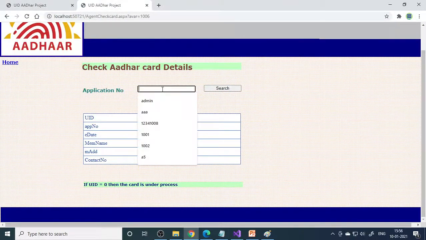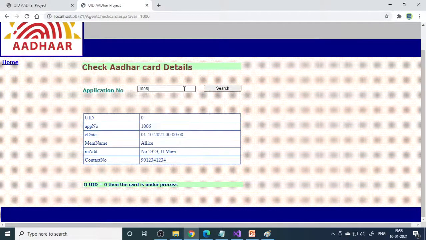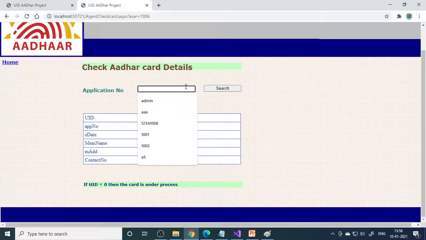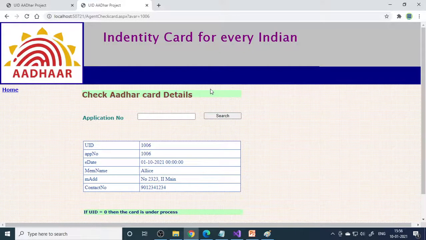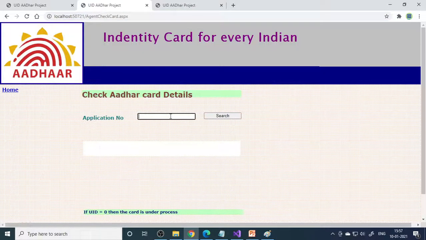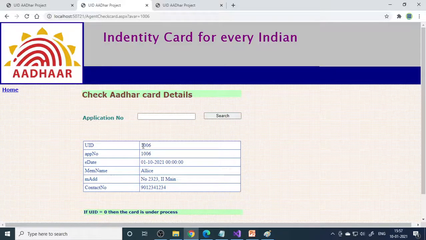So now if you come back here again, if you refresh this or if you search for this, okay, fine. So here it's showing actually. So therefore here, if it's 0, then it's not approved. But once you're approved, you have a number here, means it's approved, and you have another number here. So we can make a 12-digit number, but we generated only a 6-digit number. But you can also make a new number with 12 digits.